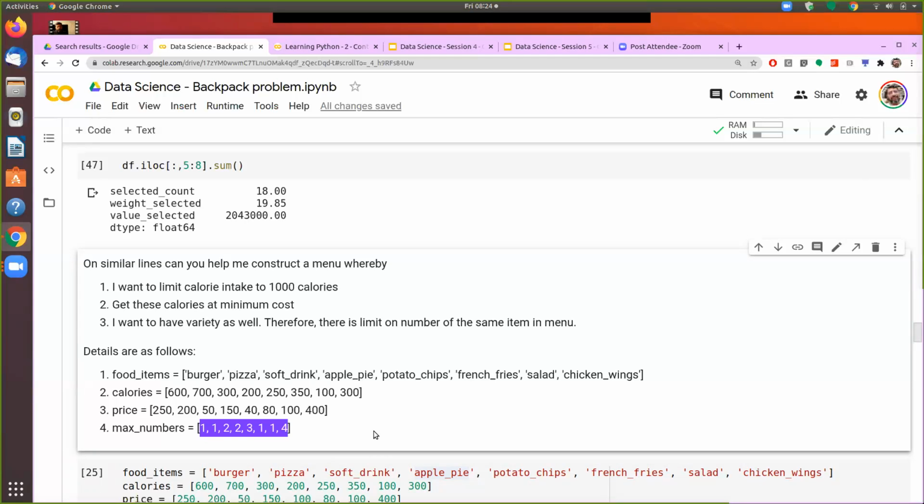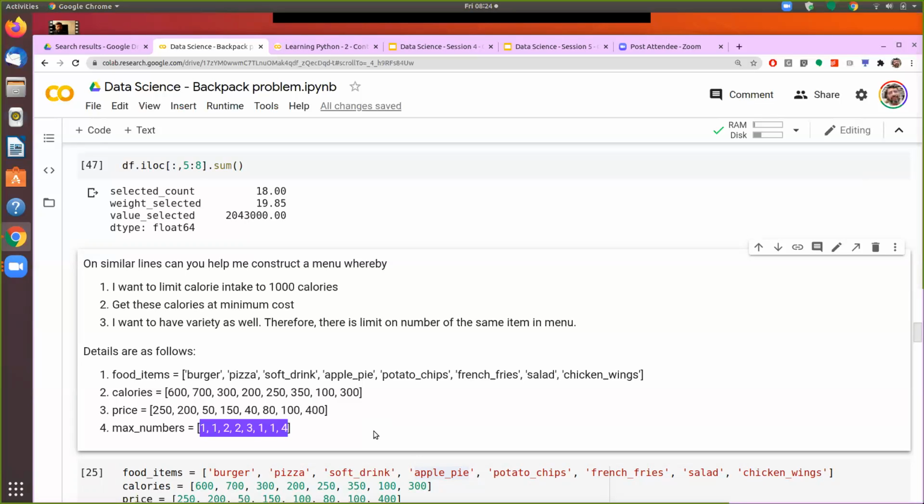So now we see that at one level of abstraction, on the face of it, they are looking different because there is a gold, silver, and bronze statue. Here I have burger, pizza, and soft drink. Then I have the weight of each item. Here I have the calorie of each item. There the value of each item. Here the price of each item, and how many items you have available. So it actually becomes a very similar problem, but with one difference.